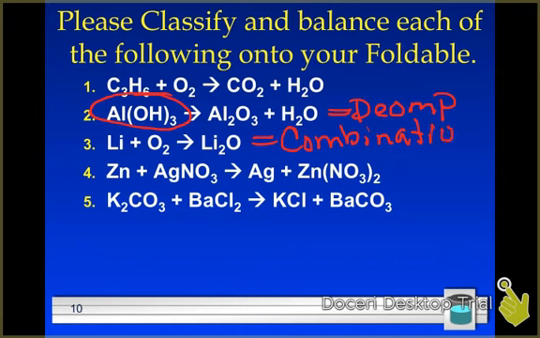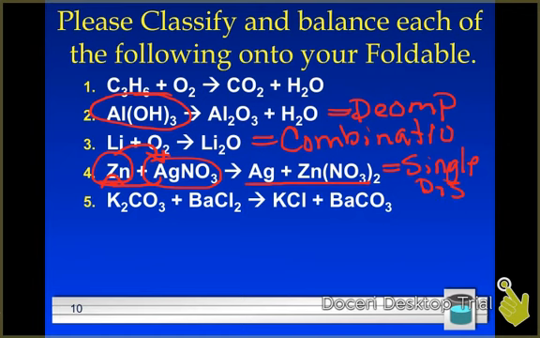Number 4, again, we're looking at our signal reactants. We see an element and a compound. Well, when we have an element, usually that means that it's going to be replacing something in the compound. Since like replaces like, the zinc is going to try to replace the silver, and the silver is now going to be all by itself, which is exactly what happens if we look over here in the product side. So this is going to be our single